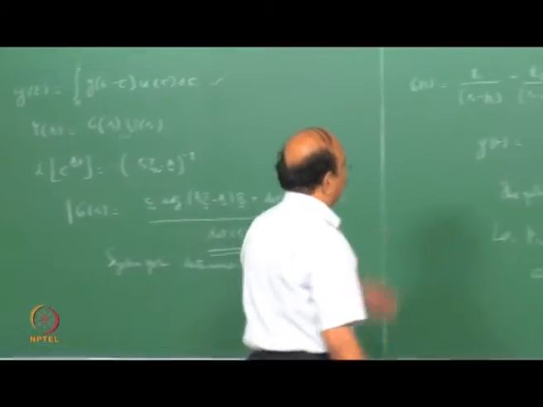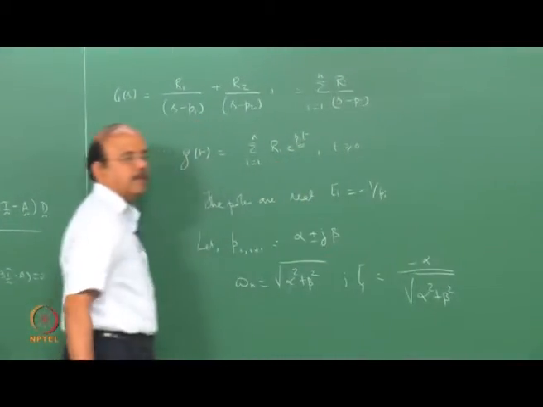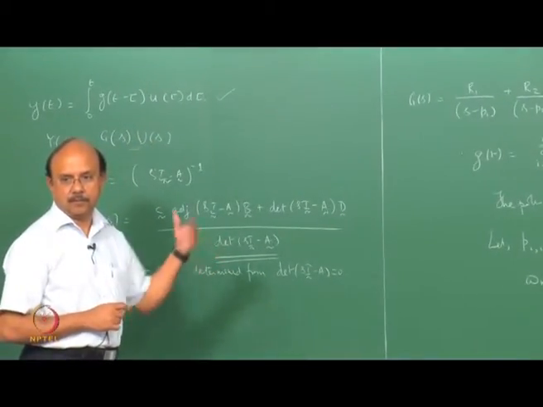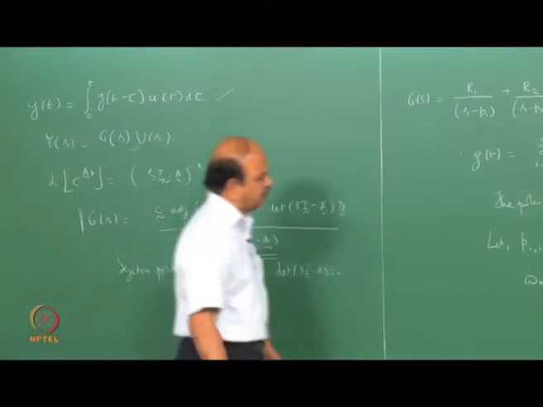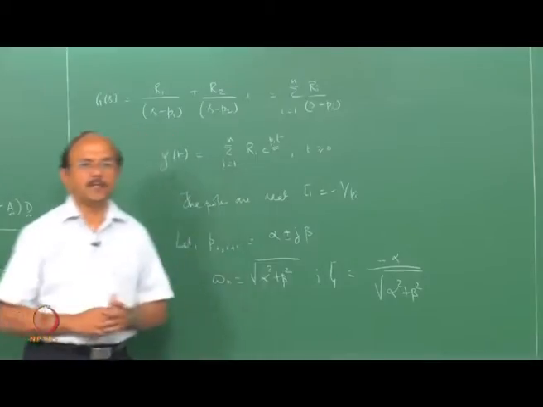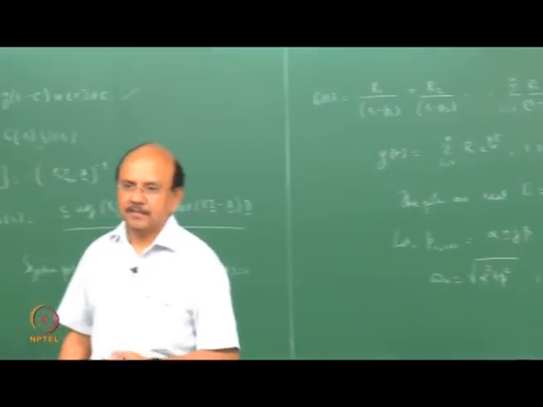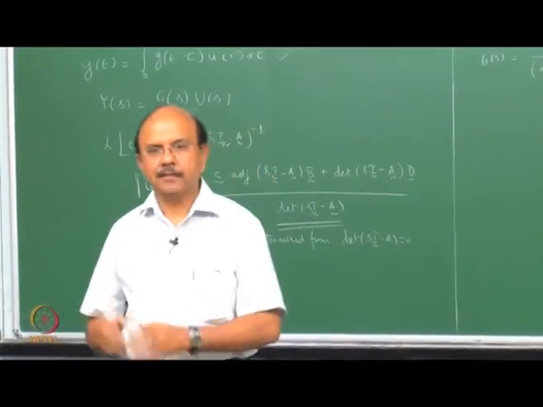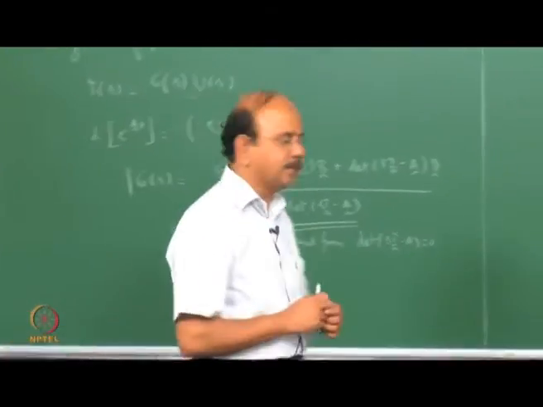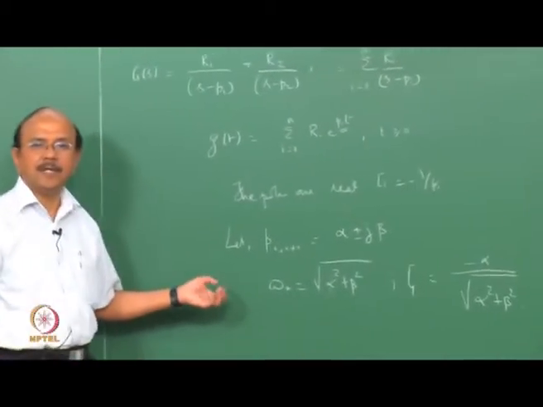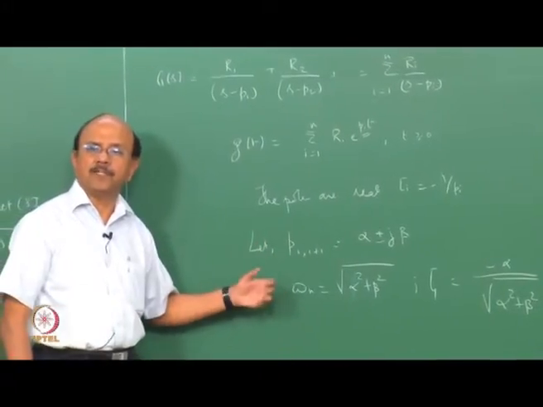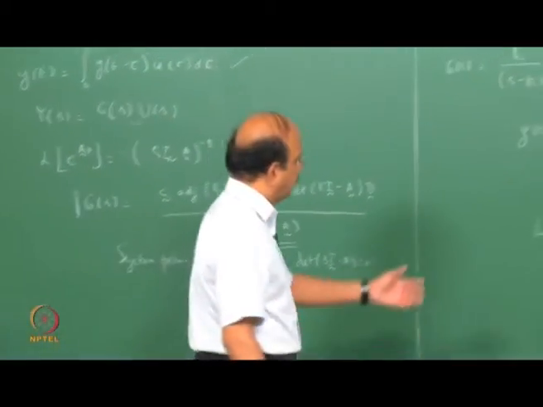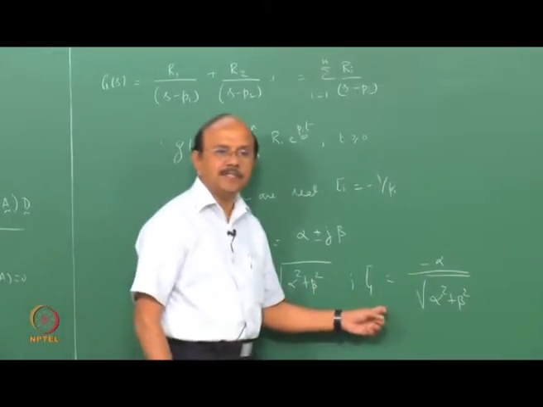In other words, the poles play a role, which are loosely called the eigenvalues of this system, poles or eigenvalues. One of the questions which people have, especially when they come from a vibration background, is that of the connection between the natural frequency and these poles. There's always a confusion as to what we mean by natural frequency and damping. In other words, the poles of the system are expressed in a slightly different fashion, as omega n and zeta. For example, omega n is the natural frequency and zeta is the damping ratio.